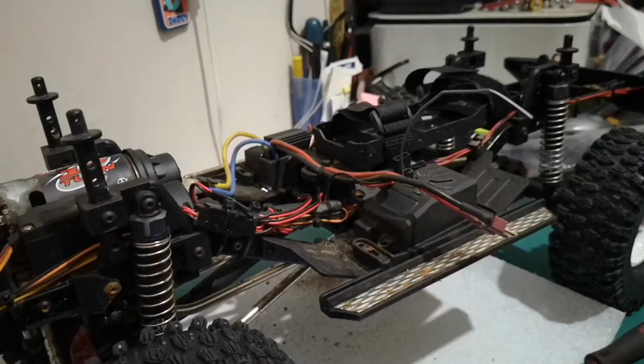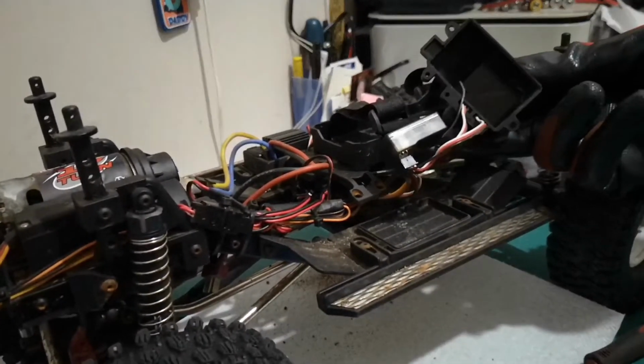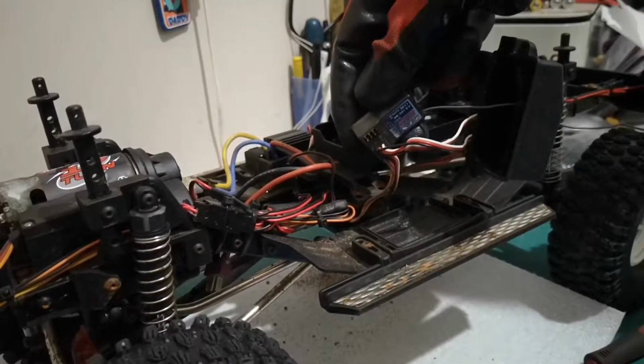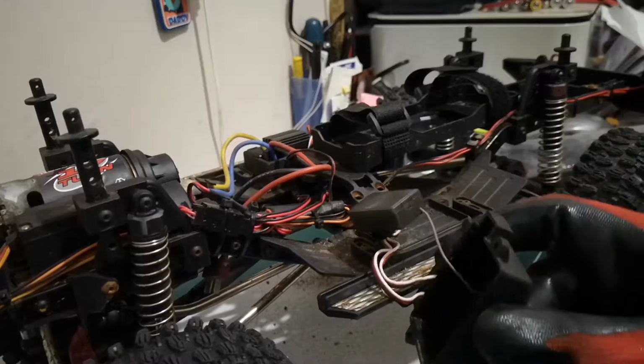Get our last little screw out. And then what we can see, we lift this up. So there's our receiver. So the aerial goes through the top. It's actually a 5-channel receiver on the Hi-Rock, or RGT as you call it. But if we just take a little look,